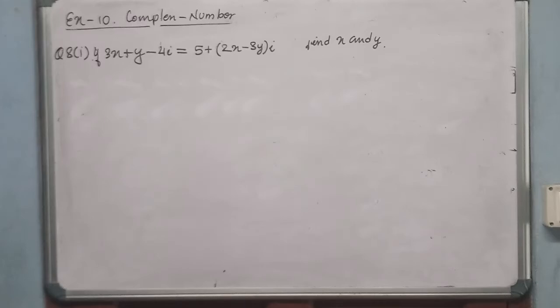Now question number 8.1. If 3x + y - 4i = 5 + (2x - 3y)i, find the value of x and y. Now I'll use over here the